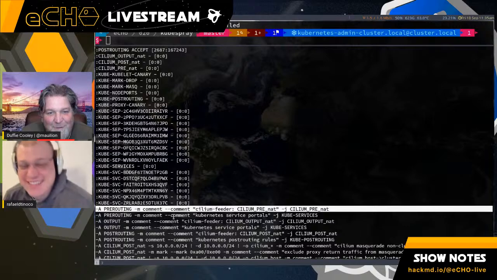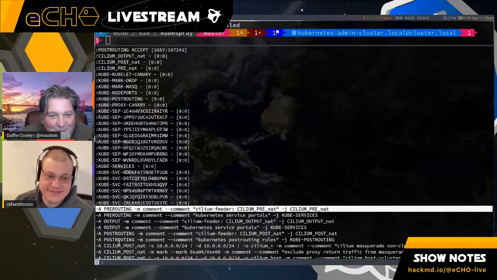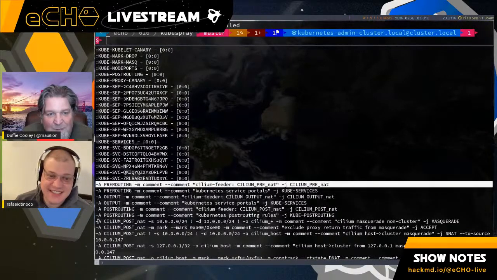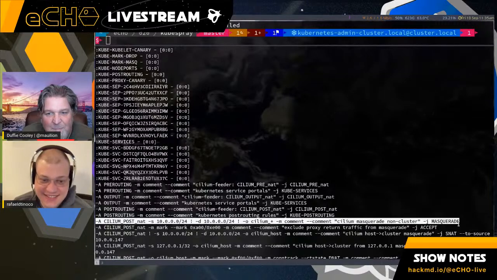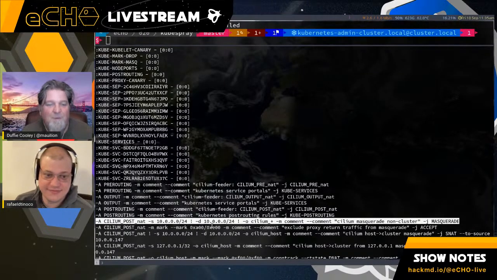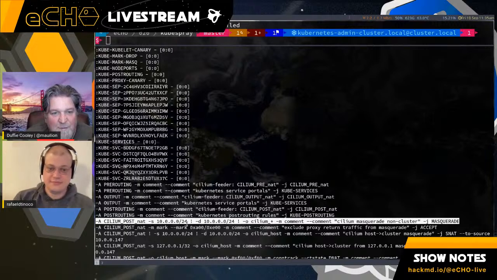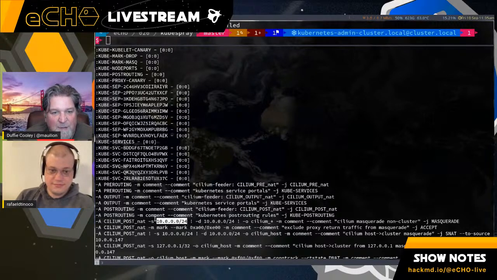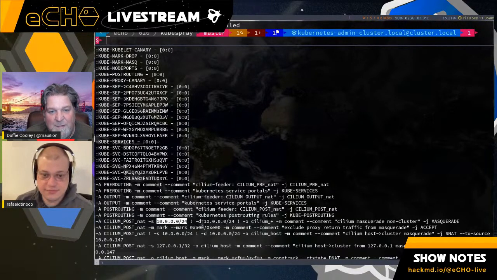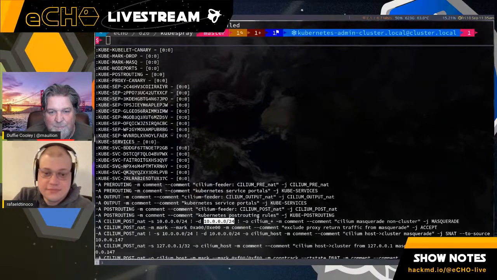Yeah. And as we're reading these iptables rules, some of them are a little bit intuitive, but they're a little harder to understand, like what's actually happening. So in this case, -A CILIUM_POST_NAT. So we know that it's after the NAT has happened, and then -s means source. So if the source is part of the 10.0.0.0/24 network, any of the IP addresses in that range, and the destination is a part of that same range,